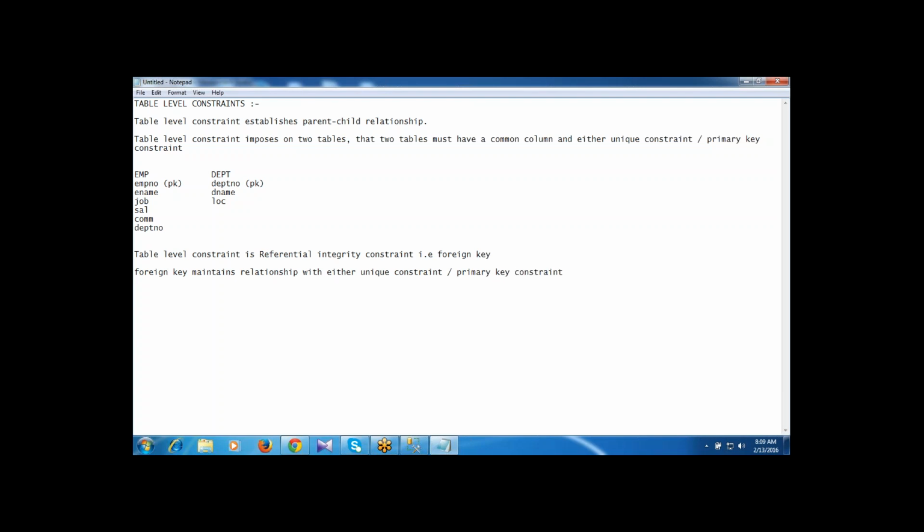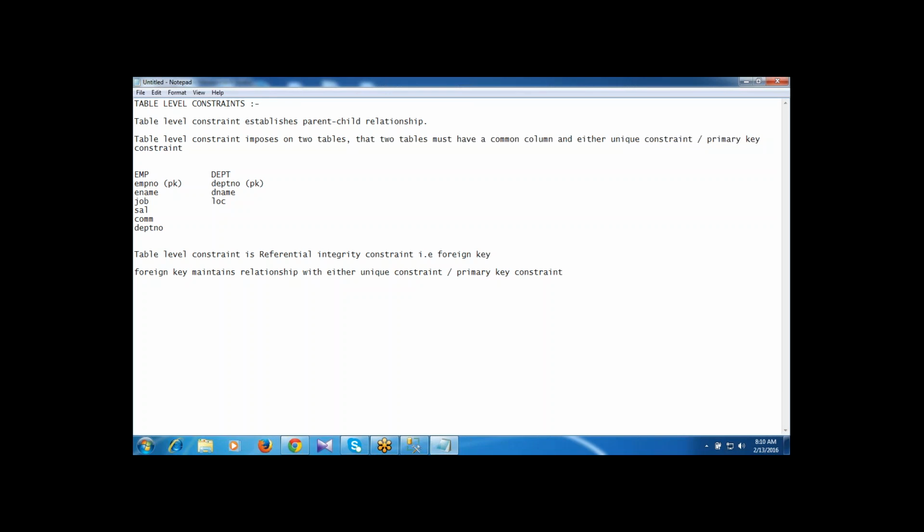Table level constraint establishes the parent-child relationship. Table level constraint imposes on two tables. The two tables must have a common column and either a unique constraint or a primary key constraint. The table level constraint is the referential integrity constraint, that is a foreign key. Foreign key maintains the relationship with either a unique constraint or a primary key constraint.